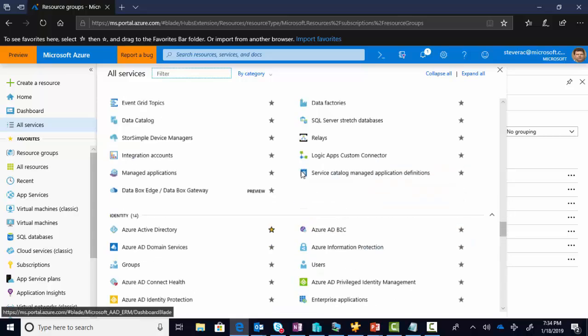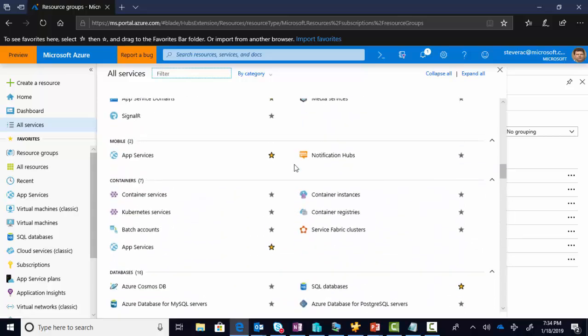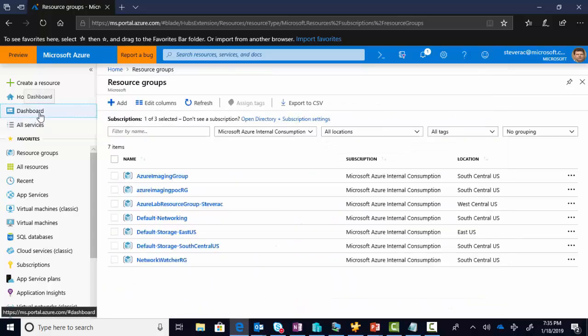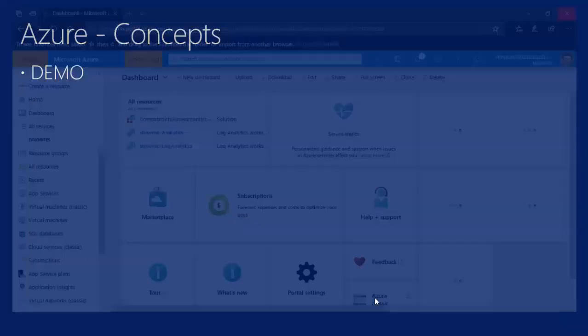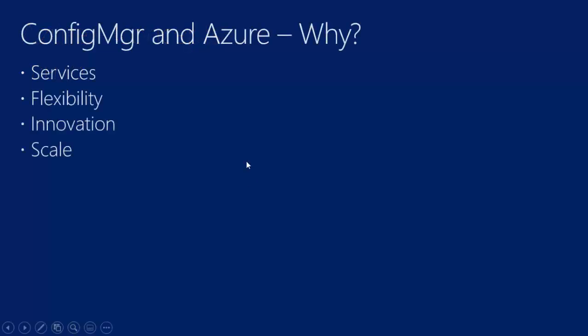But this is just a quick look at Azure. You can build your own personal dashboard if you want, right, on how you visualize things, and that's mine that's starting to load, but I'll go ahead and take it away now. And that was a very quick demo, just to show you how things look in Azure. We'll be back to the Azure console as we go through some of the additional sessions coming up. Okay, now,